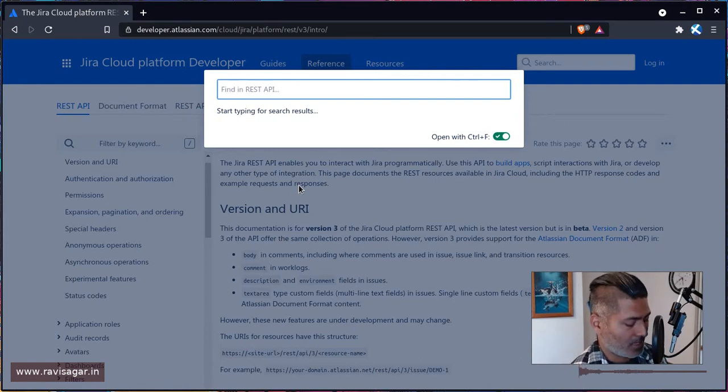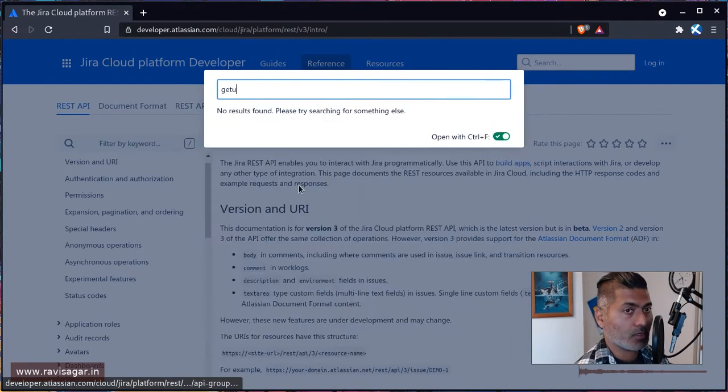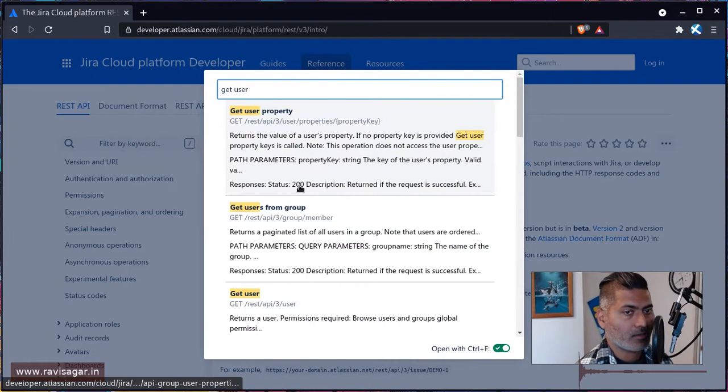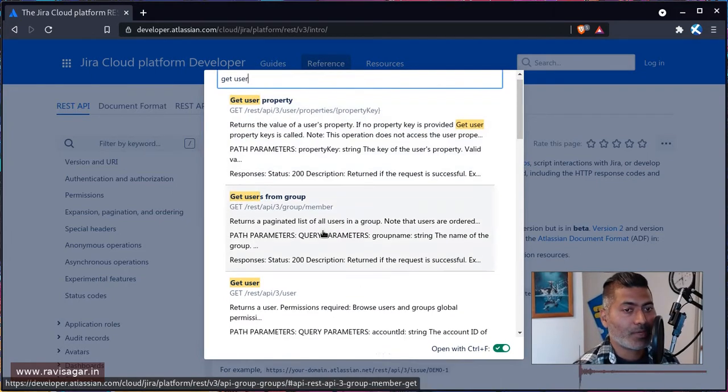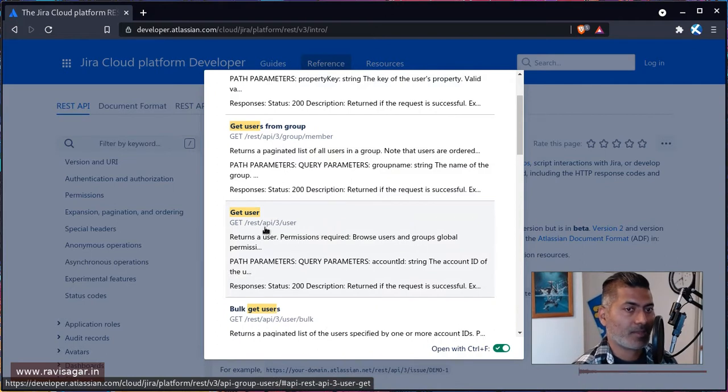So type in here things like get user. A lot of people ask me this question, like can we get user? So you can actually do a lot of things, like if you're using this endpoint, it will give you the output, and maybe a list of users, or information about a specific user.